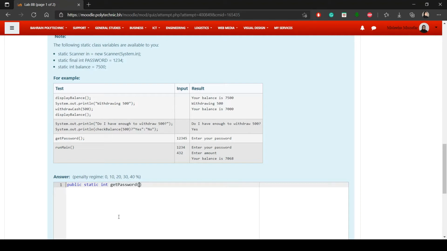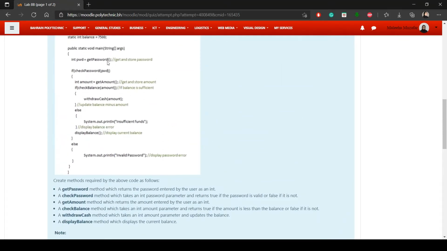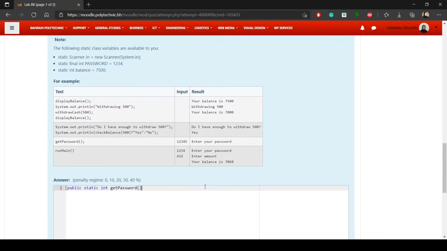And does it take anything as a parameter? Nothing. These are empty, and it doesn't even mention it in the text. So it doesn't take anything. Keep those brackets empty and your curly brackets for the method. Now here you already have a scanner in, right? So in dot,